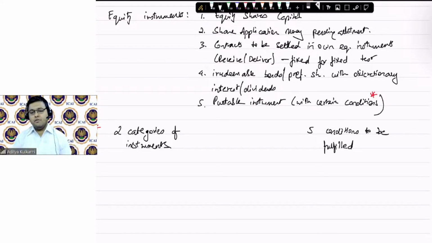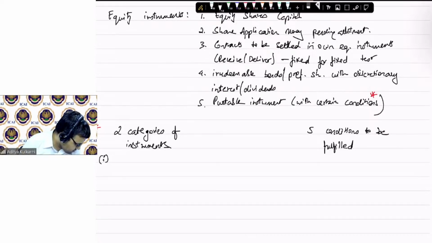If your instrument falls under either of these two categories and fulfills the 5 conditions, then though they are puttable instruments, they will be classified as equity. Okay. So first category